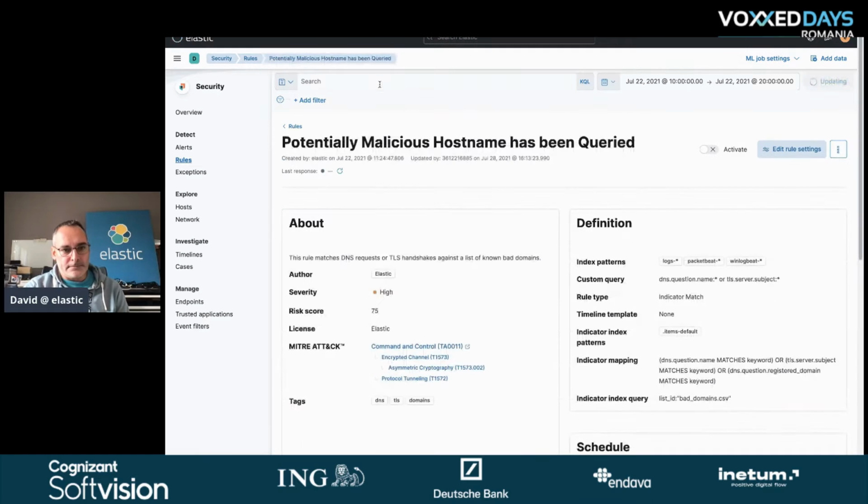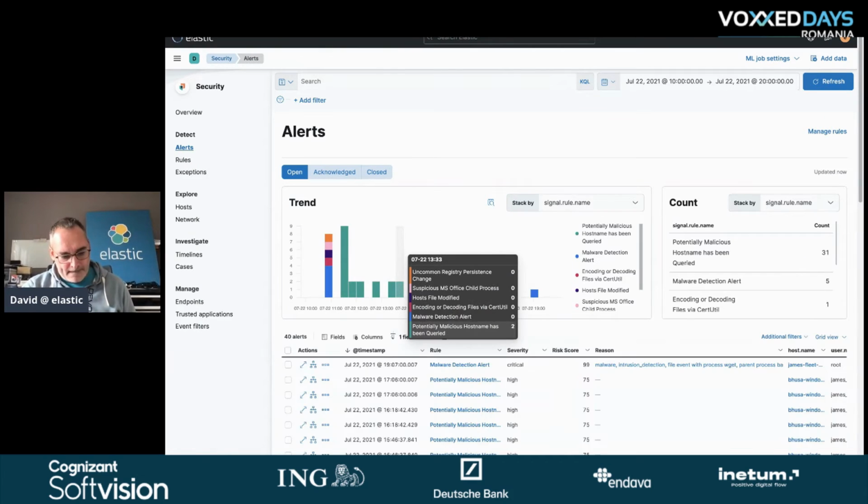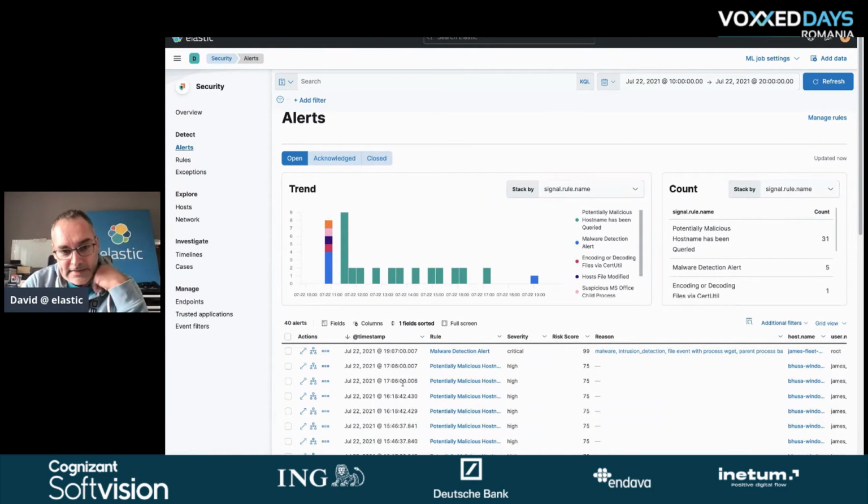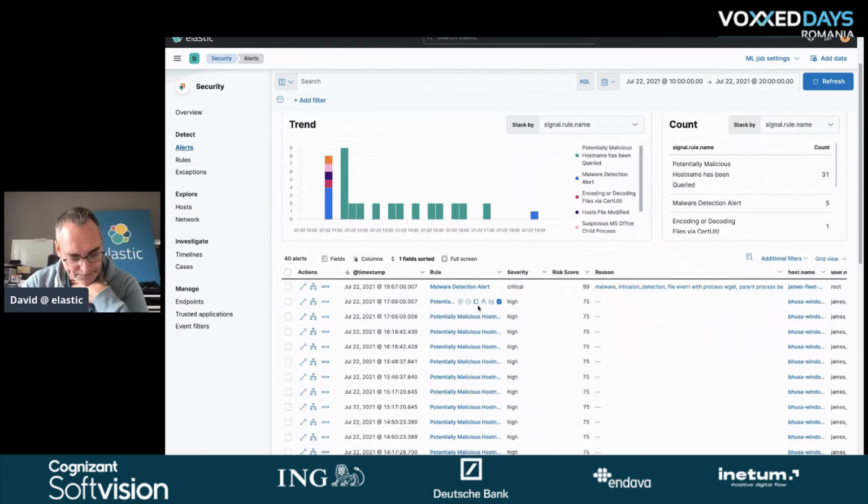So here are the alerts again. We can see that this alert has been raised, and we don't know why yet, but this rule has a high severity. This is the severity that we set, and we need to dive deeper to find out what actually happened. The analyst has different options to get more details. One of the options, for example, is to add and investigate this alert in the timeline. We are going to see that in a moment.